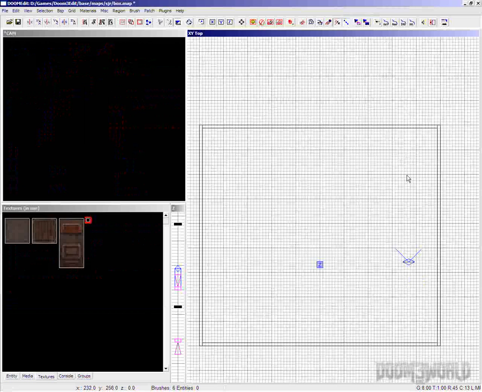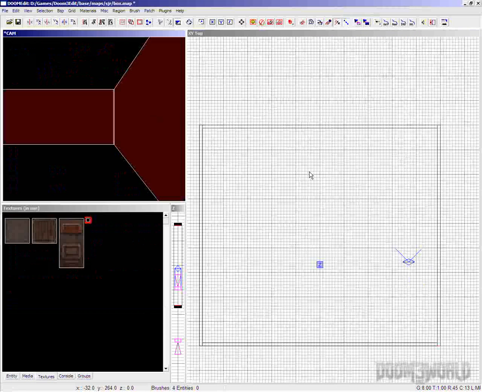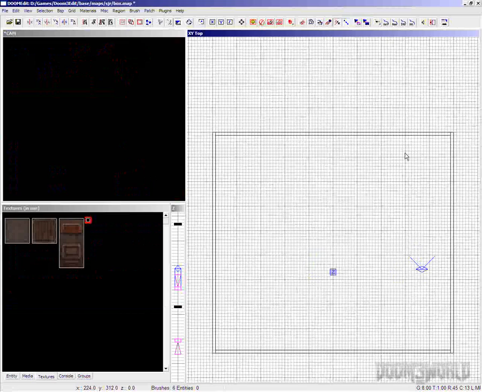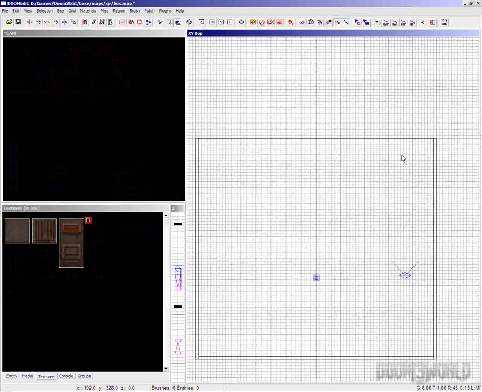Now I've altered the map very slightly to show you that sometimes a leak can be really, really difficult to find. I will say that this map is leaked, and I'll also say that the leak occurs here between these two brushes. But at this particular grid depth, it's almost impossible to see. Now, if you watch, I'll zoom in,